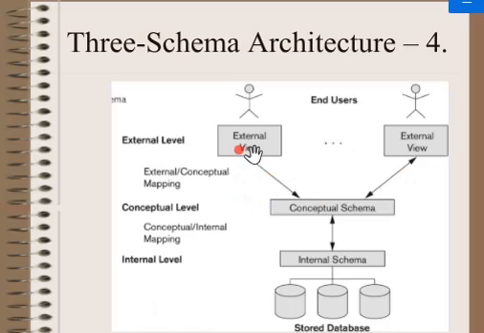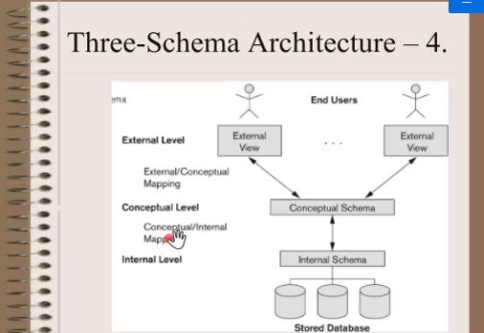So here the request has to go from the external level to the conceptual schema, from the conceptual schema to the internal level, and from the actual format it has to fetch the data and reformat it to the form to be displayed to the external level. How is this possible? It is possible by using a process called mapping.